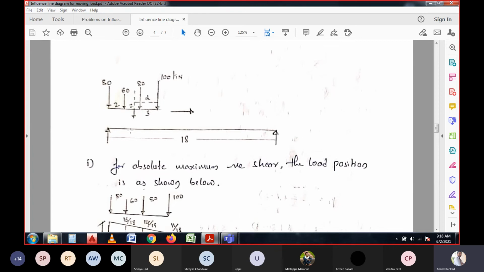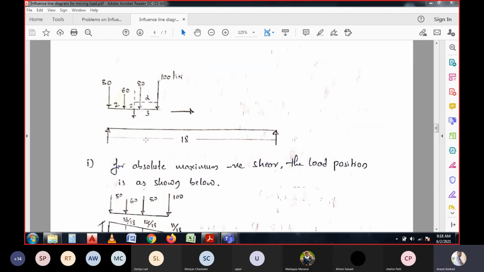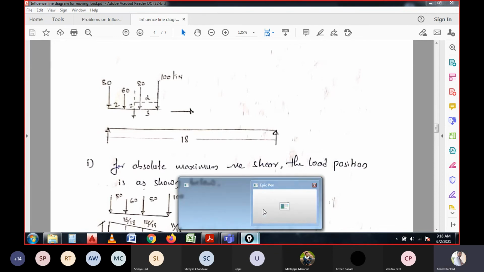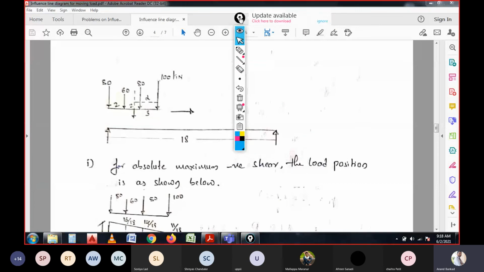Whenever the maximum shear force is calculated for any section, the load should be considered near the point where we are going to calculate the shear. That means, whenever we have a particular beam, I would like to stand with a pen over here, and we can understand it easily. Let's take a few seconds over here. Okay,